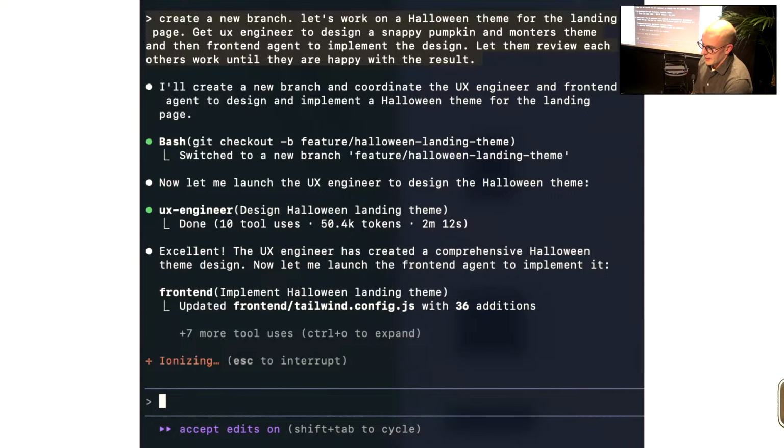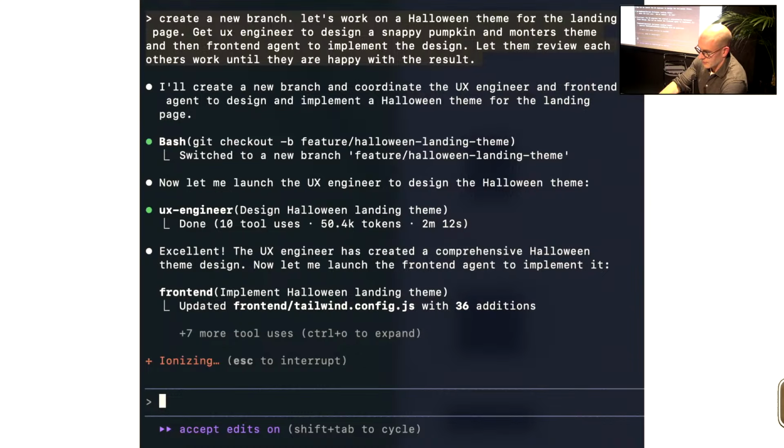So here, Claude Code first replies what it understood this assignment to be. Then here it checks out a new branch and tells the UX engineer to do stuff. Then the UX engineer says, okay, I'll design this landing page and so forth.